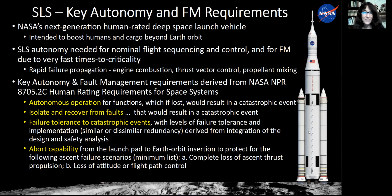The autonomy in this system is needed not only for the nominal flight, but also, due to the time to criticality, for the off-nominal, because of rapid failure propagation and all the high dynamics during ascent. The key driving requirements stem from NASA's NPR 8705 human rating requirements, and are summarized here. Autonomous operation is required for functions that, if lost, would result in a catastrophic event. It should isolate and recover from faults. There's the failure tolerance requirement, and there is an abort capability requirement